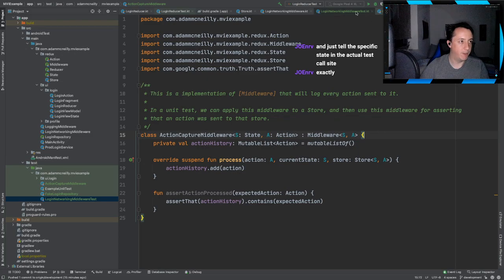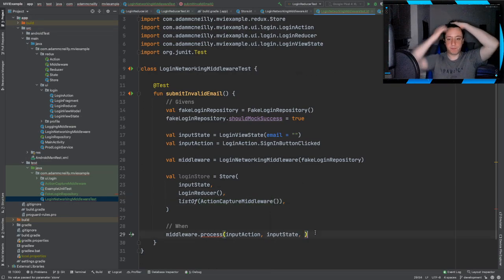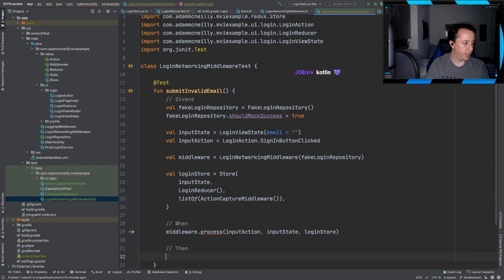Yep. I remember. So we made this generic. So inside the middleware test, oh, right, we can actually leave it out because of type inference, because Colin is amazing. Okay, so then we can pass in the login store, and then we can run our assert. So here we can do, actually we should,